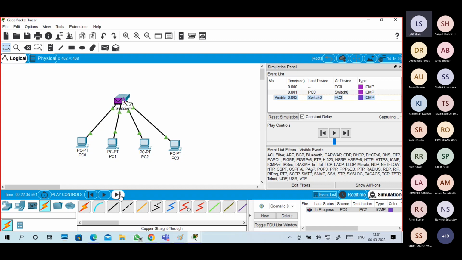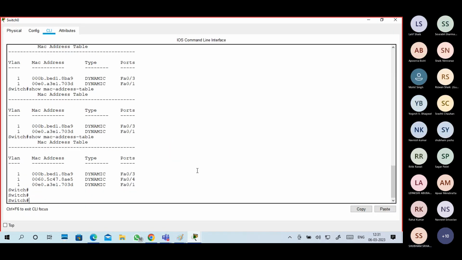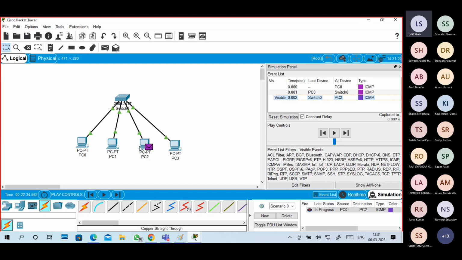Now see properly, guys. It's not sent to the remaining 2. It's sent to that PC only. How? Because we are sending only to that PC. It knows the destination MAC address, and the destination MAC address is at this port number, 0/4. So it forwards the packet to that port number only.